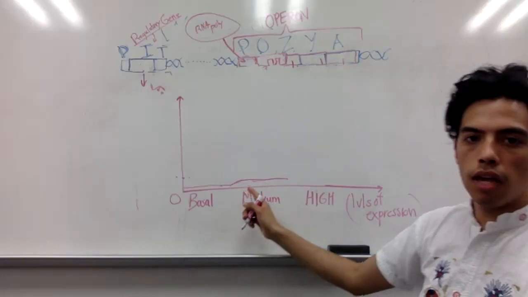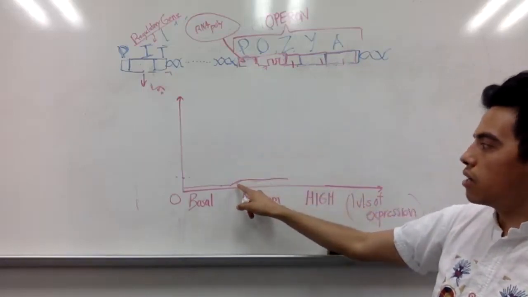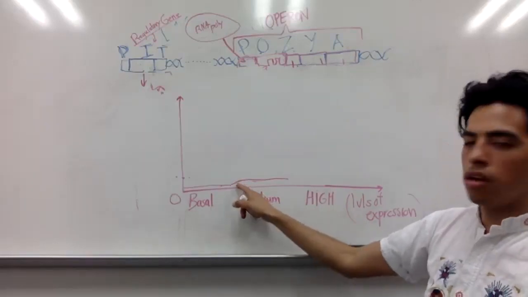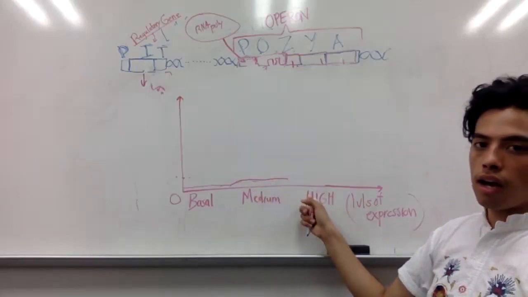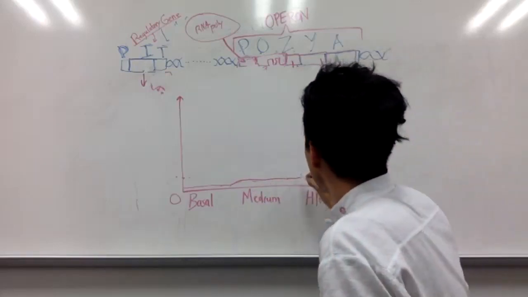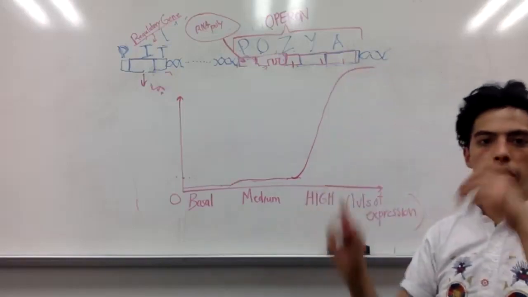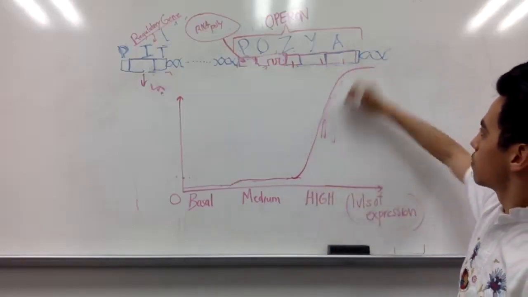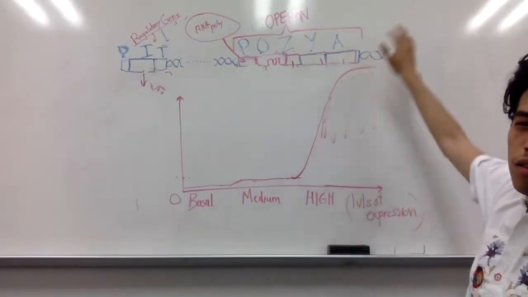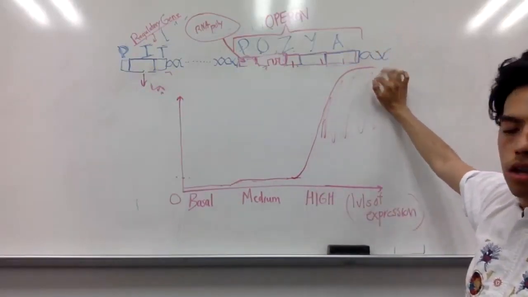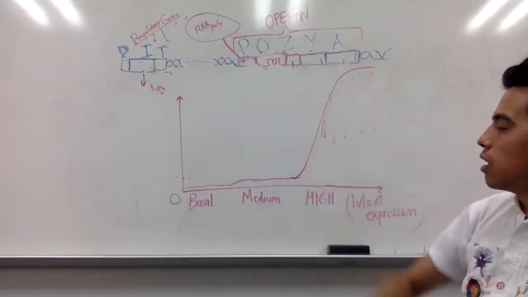When we talk about medium, it's a little bit greater than basal, right? It's a little bit higher than basal, but at the same time, as you guys can see, it's not that much of a difference. But when we talk about high, then it starts looking like there's a big difference, right? So high would be a very high level of expression because, like we said,